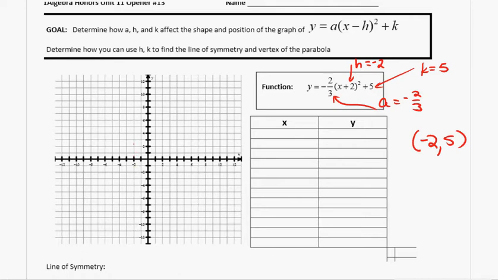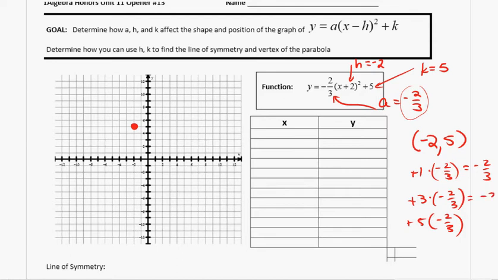-2, +5. We know the a value is negative, so I think that means it's going to go down, but down at a multiple of 2/3. So thinking about that, our jump pattern would be down, it's a negative, it's not plus, it's down 2/3. Let's show the multiples. So +1 times -2/3, +3 times -2/3, +5 times -2/3. So when we compute that, that becomes -2/3, and the next one would be -2,